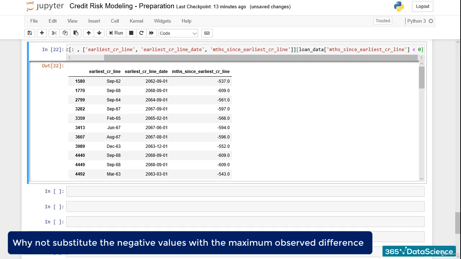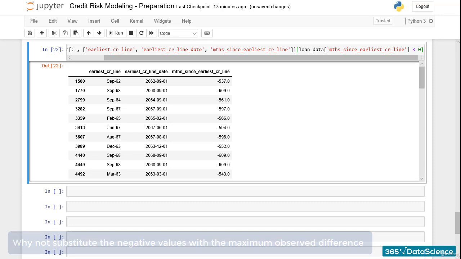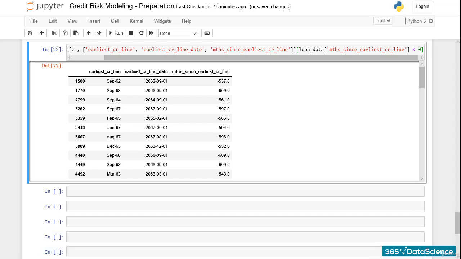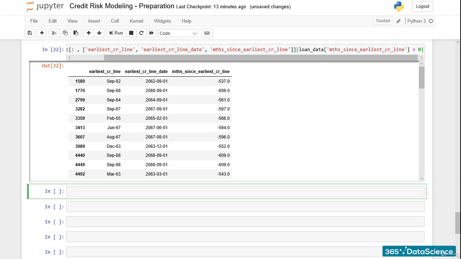That way, even if we don't calculate the exact number of months that have passed since the earliest credit line was issued for those issued in the 60s, we put a very large value, and we still get pretty close to the real picture. So, how do we do that? First, from our data frame, we select only the months since earliest credit line column, and then, from this selection, we select only the observations with negative values.